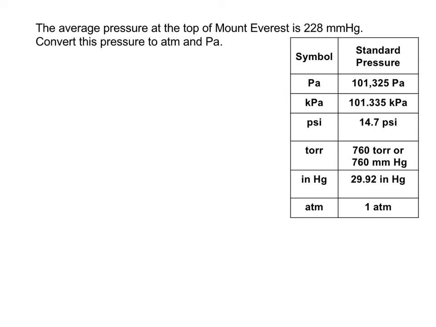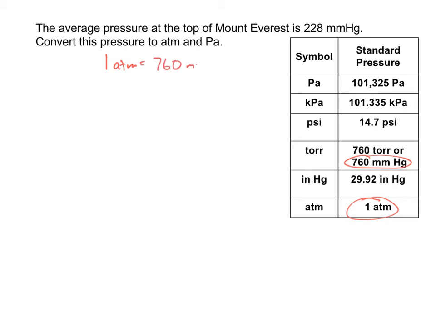All right, so just two more slides. The first one, I just want to do an example of doing unit conversions with pressure. We have the table here where I just have the symbols and then how each of those units compares to 1 atmosphere, or how they compare to each other. And we're given that the pressure on the top of Mount Everest is 228 millimeters of mercury, and I want to convert that to atmospheres and pascals. So let's do atmospheres first. What we need to do is find 1 atmosphere, and then the other unit is millimeters of mercury. So we have 760 millimeters of mercury. So our conversion factor is